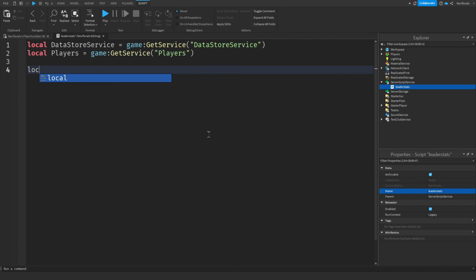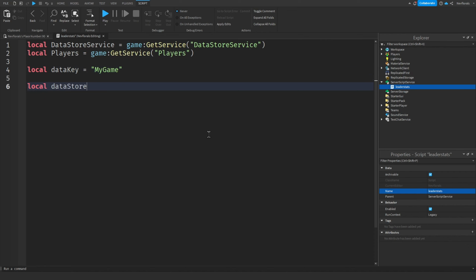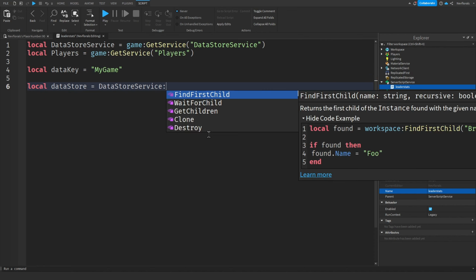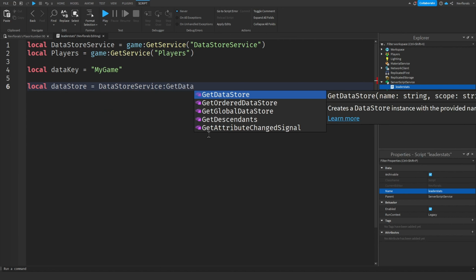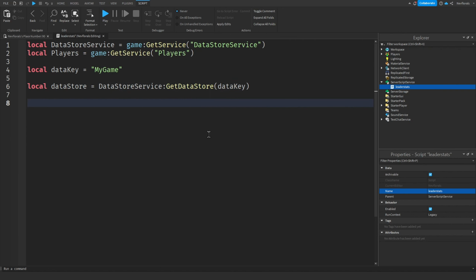Then we are going to make a data key variable. This will store what we want to call our data store. If this is changed, it will reset all of your players' data. This function from the data store service lets us get a data store for us to use using the key that we provided it. This function is going to be the function that we can call to save the player's